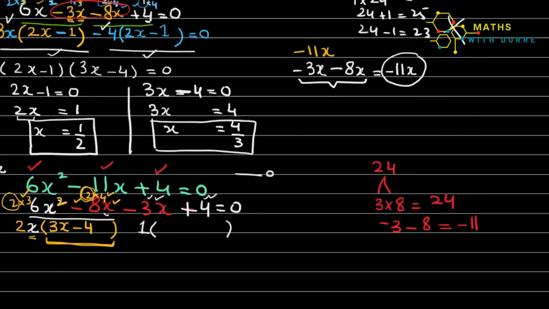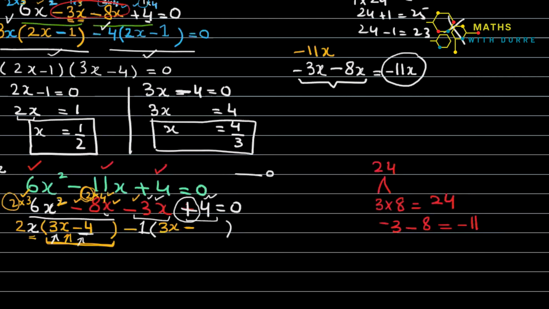But there is also one issue, and that issue is that this sign is the sign of plus. And if I take a plus outside here, definitely the issue is that there will be no change in the sign. But as you know, this 3x is plus and this 4 is minus, but here it is the opposite: here 3x is minus and 4 is plus. To change the sign, I have to multiply with the minus sign. Meaning I have to take minus as common. So when I multiply this minus and open the bracket, I will get the same result back. But for now I will get this bracket the same.